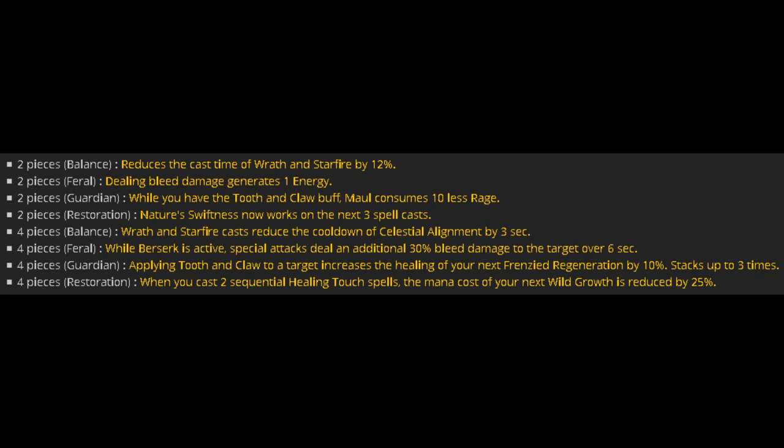So the 2-piece for Restoration Druids is: Nature Swiftness now works on the next 3 spellcasts. And you can immediately see how this changes the way you play. Alright, this isn't a hotfix. We don't need more instant things. We don't, because we have Swiftmend. We can spec into Swiftmend in our talents, so we have a continuous barrage of instant spells. We don't need this, but this gives us something more interesting,